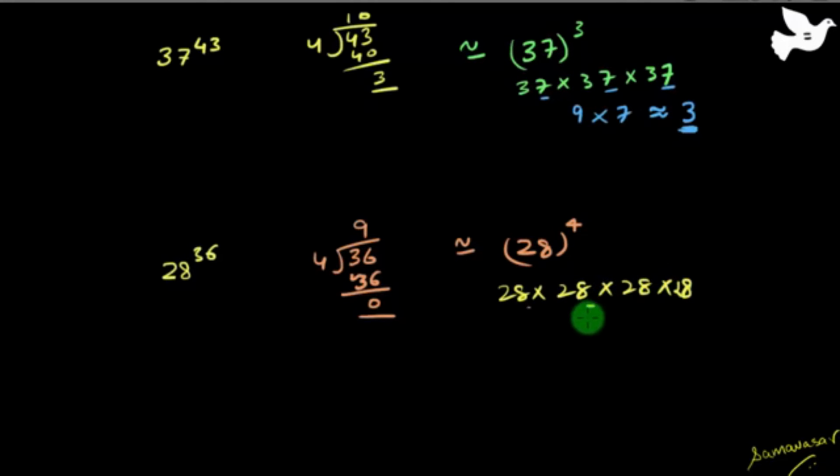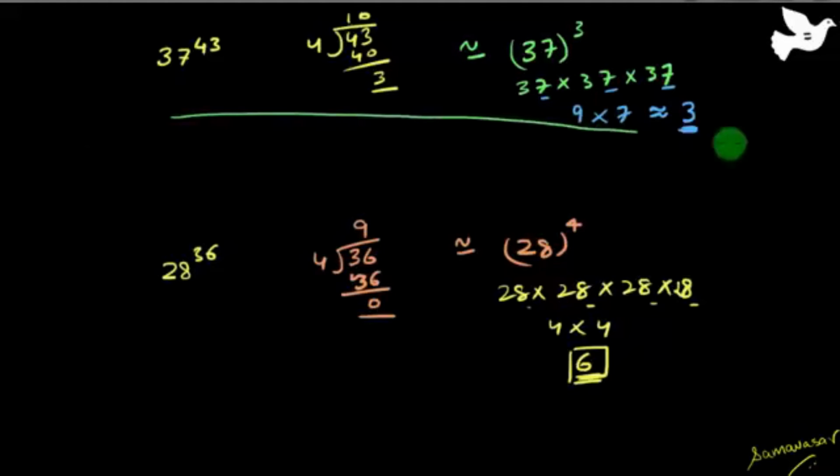8 into 8 is 64. I just take 4. 8 into 8 is 64. Again, I take 4. Unit digit is 4 into 4, 16. That is, ignore the 1. Unit digit is 6. Now, similarly, you can take any number of examples, and to make this more clear,